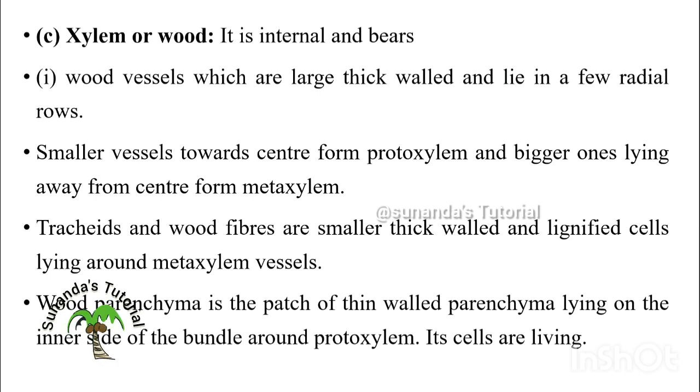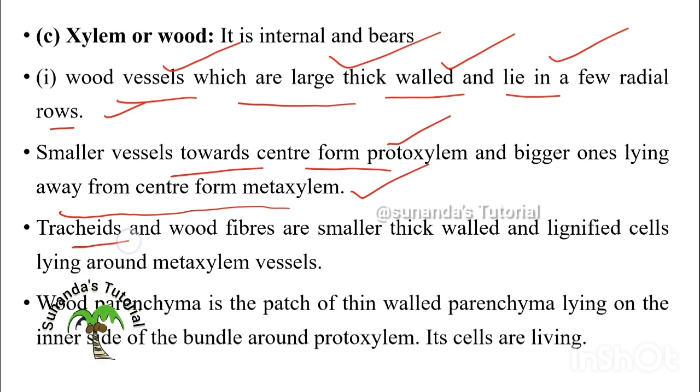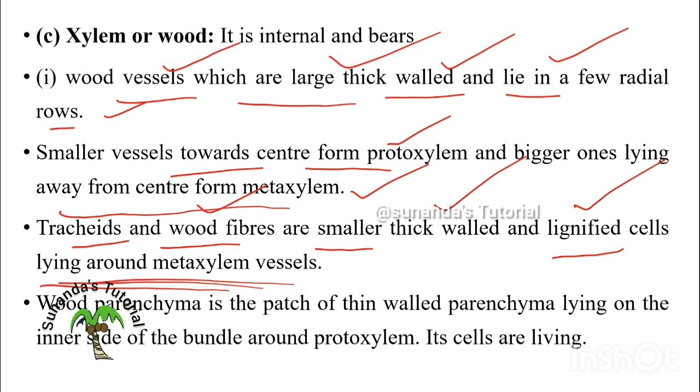So tracheids, wood vessels which are large, thick walled and lie in a few radial rows. Smaller vessels towards the center form protoxylem, and bigger ones lying away from the center form metaxylem. So the xylem which is newly formed is called protoxylem, which is present towards the center, and metaxylem is present away from the center. Tracheids and wood fibers or xylem fibers are smaller, thick-walled and lignified cells lying around the metaxylem